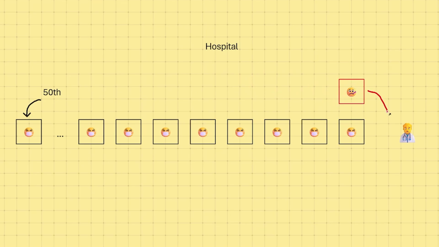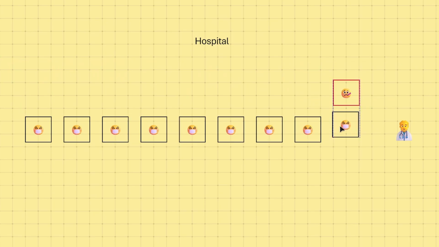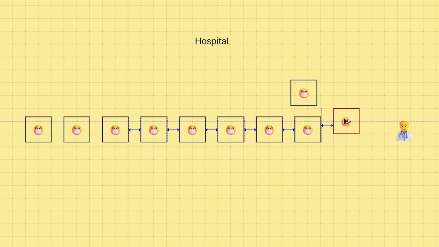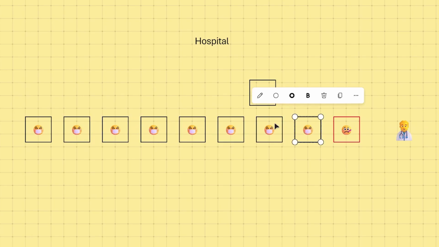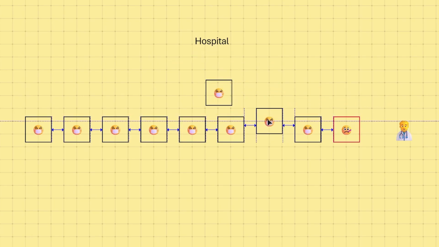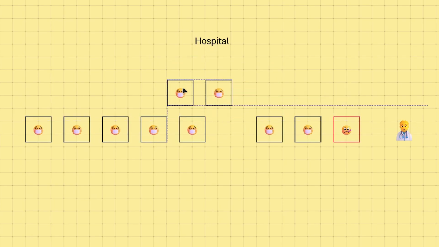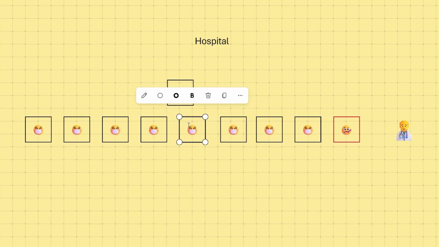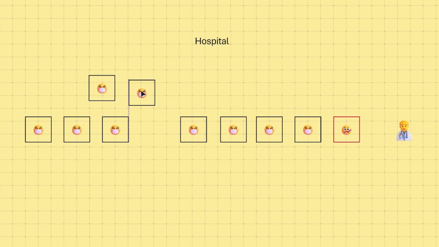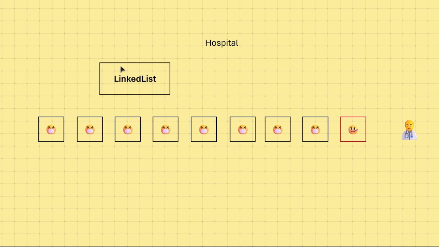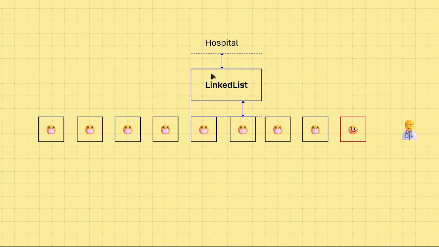If such software is built on a standard array, you have a problem. To put that critical patient at the front, the server has to shift patient 1 to slot 2, patient 2 to slot 3, and all people get bumped down in memory just to open up one single slot. It's inefficient and rigid. And it's exactly why I built this custom patient queue system using React, Spring Boot, and